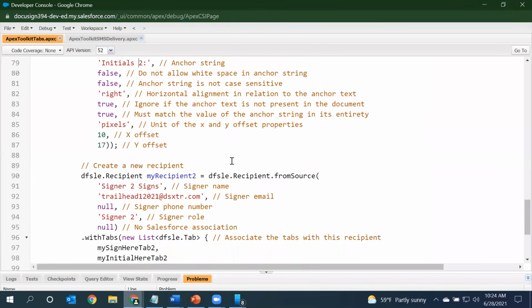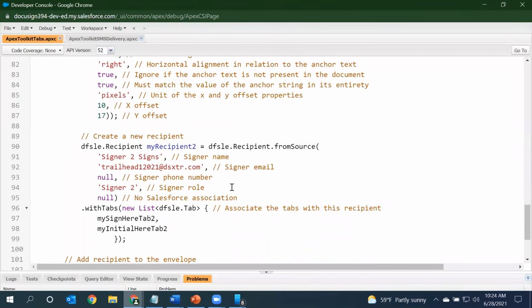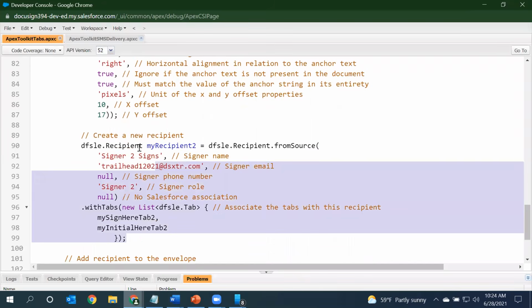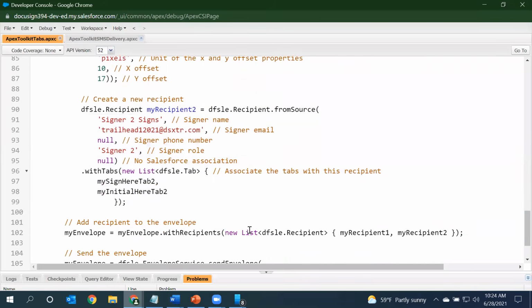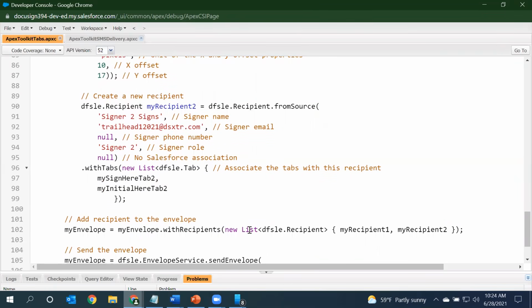Once the tabs are created, we create the recipient and then we add those tabs. It's the same approach that we followed for the first recipient. Now finally, we combine both these recipients and add them to our envelope.